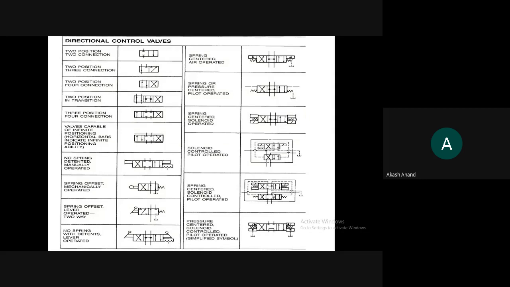So you can simply understand, you just listen here. You can see this fifth diagram. You can see here, this is a three position valve. You can see three rectangles here, and this is three position. And how many ways are there? 1, 2, 3, 4. 4 ways are there. These 4 are closed positions. So it is a 4 way 3 position valve. Simply with your logic, you can understand this. Okay. There is no complication here. You just need to form the idea with the help of your logic.